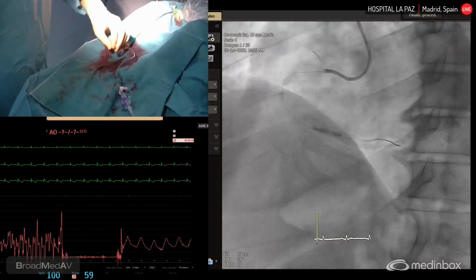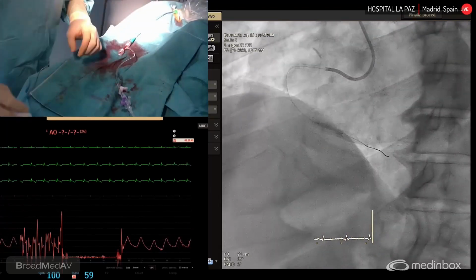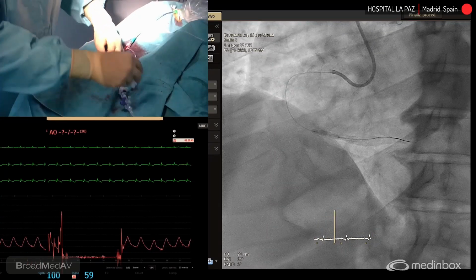Déjame el balón de 2,5 otra vez. So we have